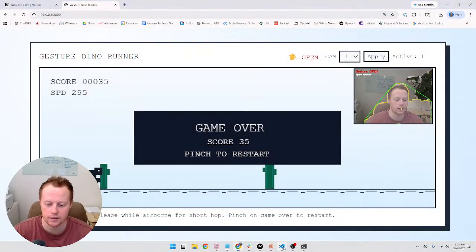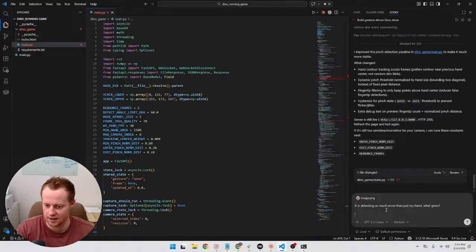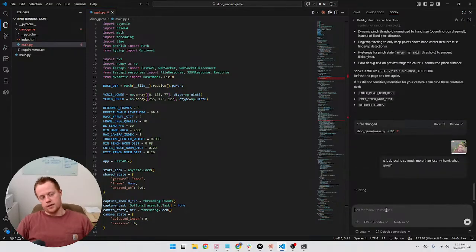All right. It is detecting so much more than just my hand. What gives? And then we'll have it do that. I think the next step is going to be I want to be able to select the webcam